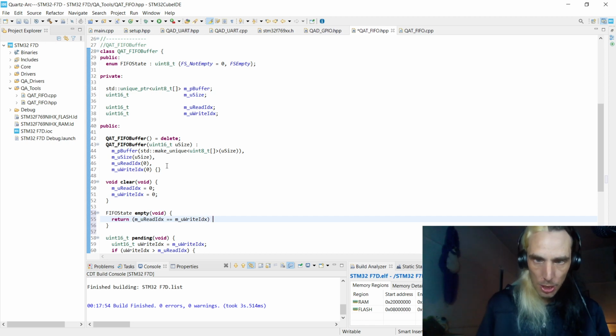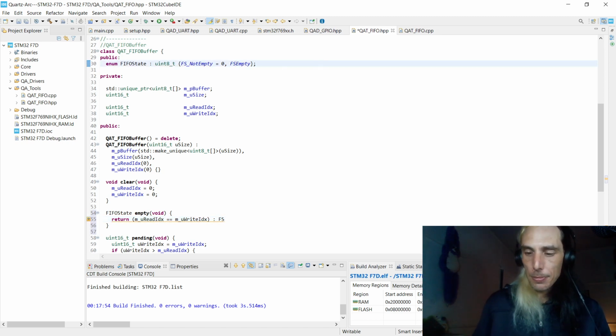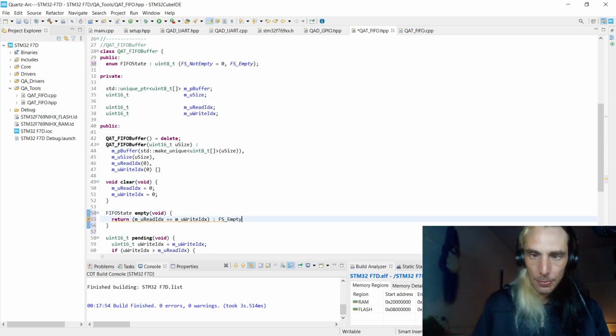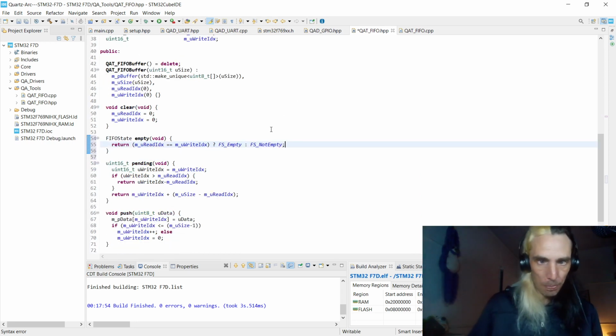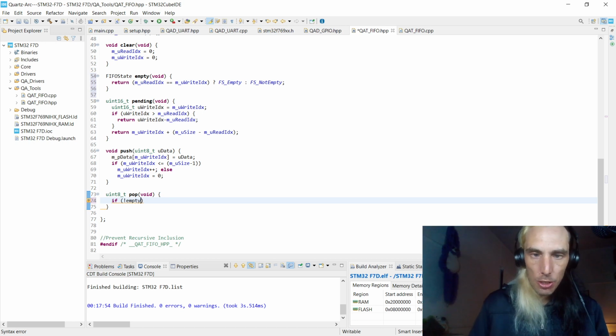So if these guys are equal, it's going to return FS empty. That should be a question mark, and this will return not empty if then not equal. So this can then use that down here. So if it's not empty,